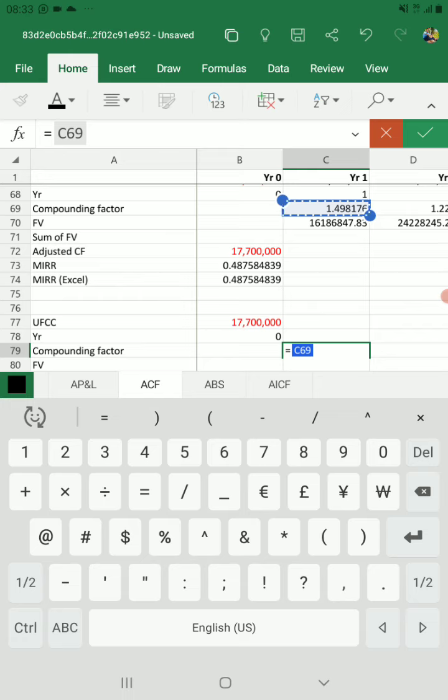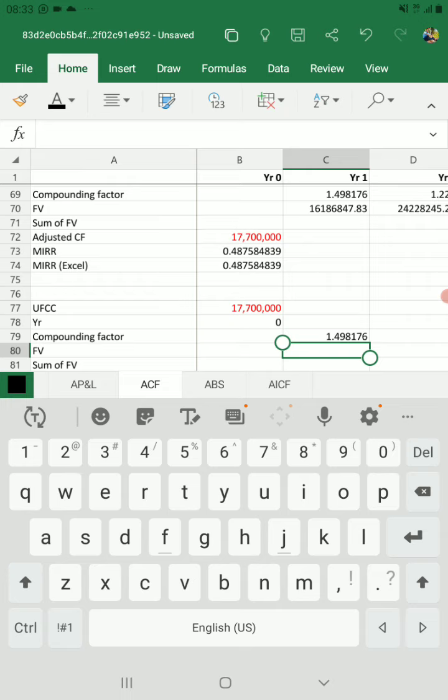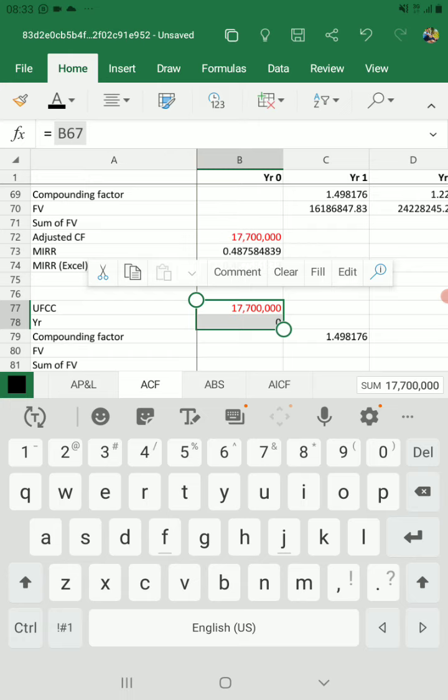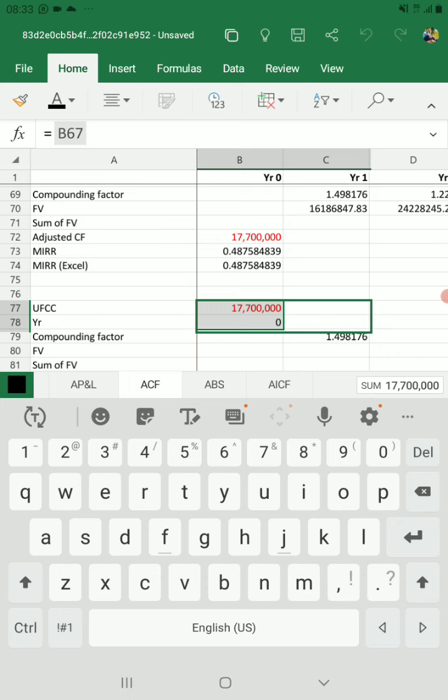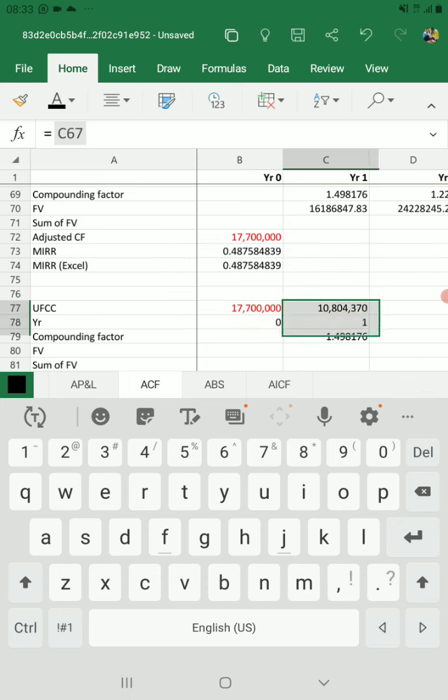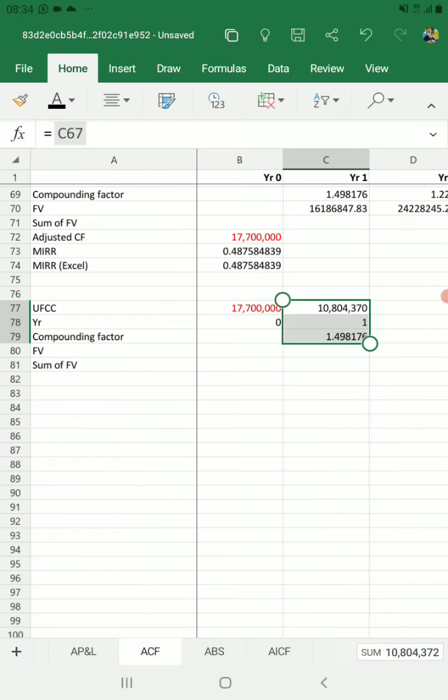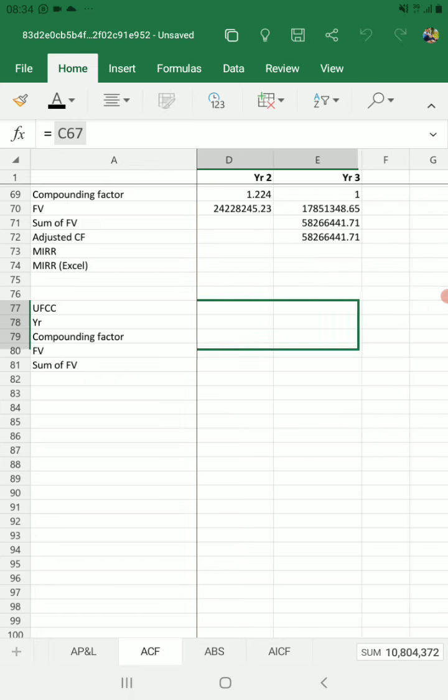The same computations will apply here. Okay, and let me select this to fill this here, and select this to fill them to the end of our projected period. Okay,